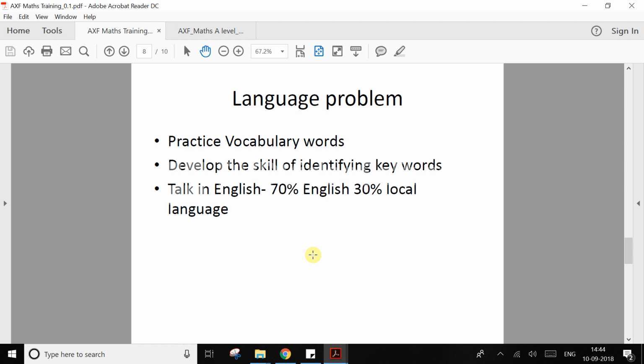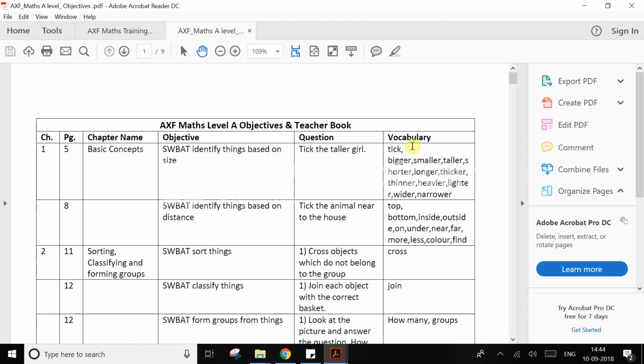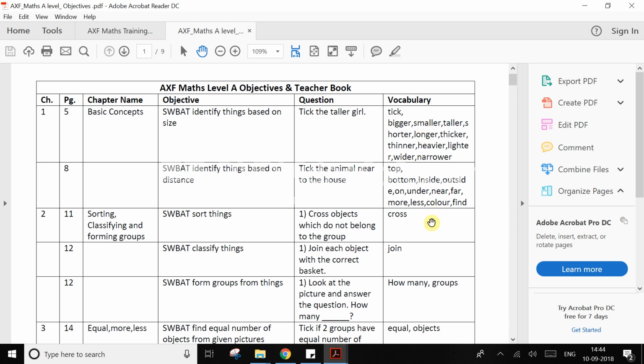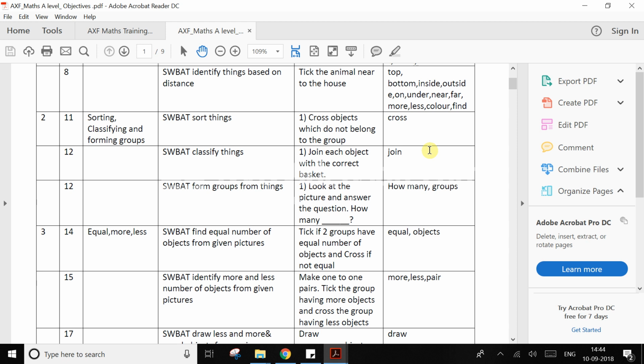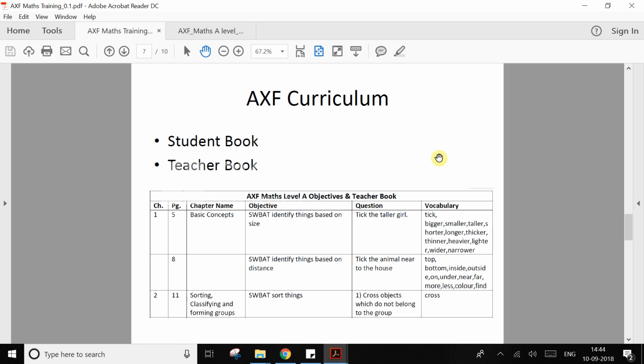One, in our teacher book, we have given a list of vocabulary. So this is the teacher book. In the last column, you have a lot of vocabulary words, and it is mapped to each objective. For each objective, there is a series of vocabulary words. One rule with vocabulary is, vocabulary never develops in one day. It is a continuous process. So from day 1 you start teaching,